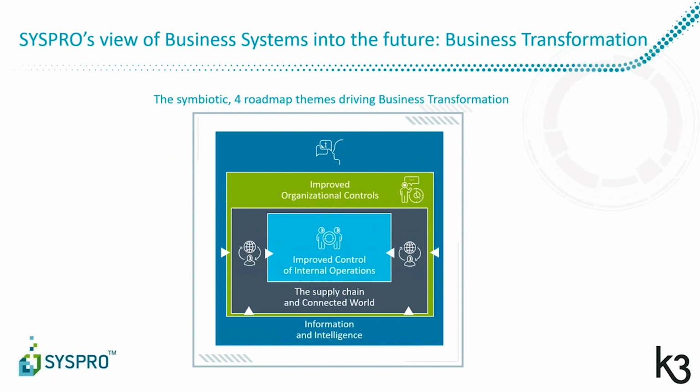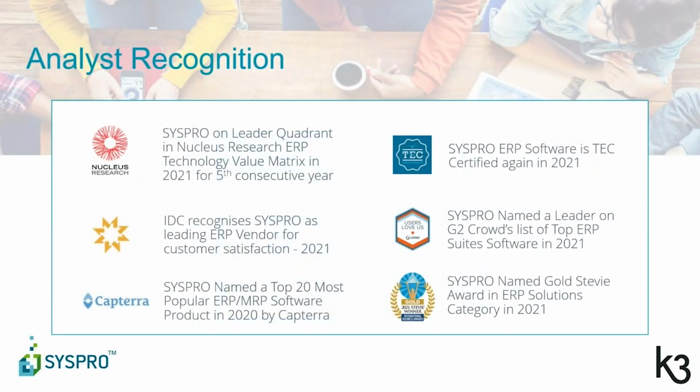that we're looking at. And we can see that that's being recognized also by our peers and other ERP vendors. And if you take a look at some of the recognition that SYSPRO has received, it's nice to know that it's one of the most popular ERP softwares in 2020 from Capterra, continuing on to being on the top list of G2, which is all user-based. Users will go ahead and poll and rank, a little bit like a popularity contest in some ways, but it's in the leader quadrant. Over the last 5 years, it's also topped the leader quadrant for the technology matrix and